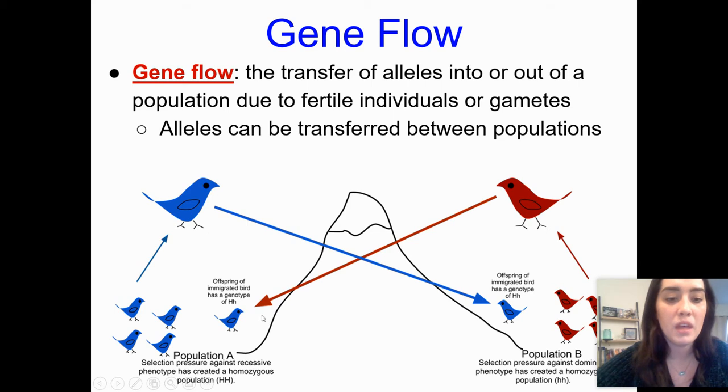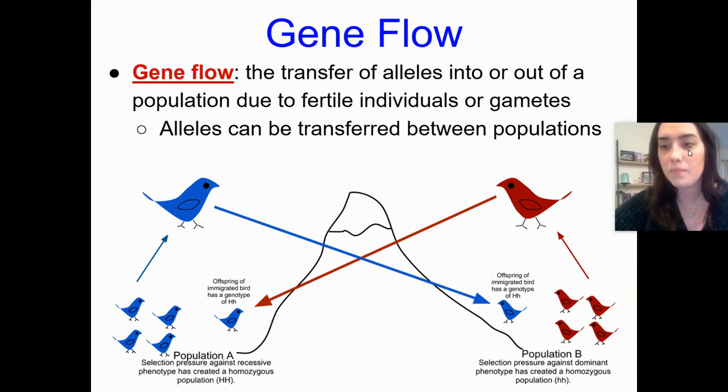For example, this population of bluebirds, there might be a bluebird that immigrates over here that has the heterozygous genotype, and it mates with these red birds, and then the selection pressure against the dominant phenotype will create the homozygous population